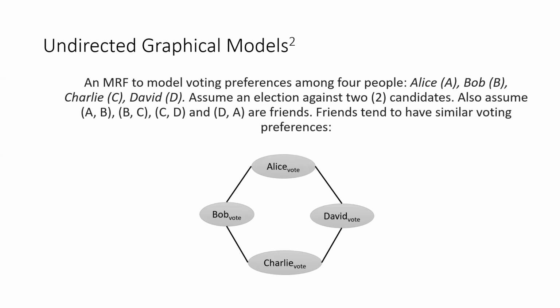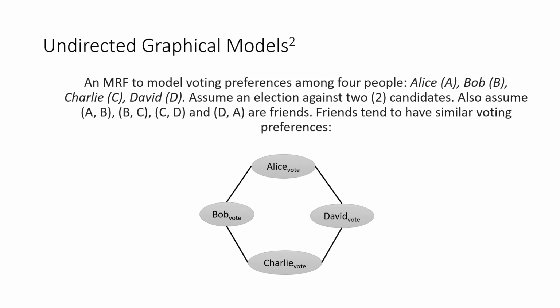That's the relationship that we know. There is a relationship, like similarity, but we don't know anything else about it. And that's what we're going to represent with the undirected graphical model. So first thing we put in the graphical model: what are the random variables? The random variables are the voting preferences of each person. In this case, I call it Alice vote, that means the voting preferences of Alice,